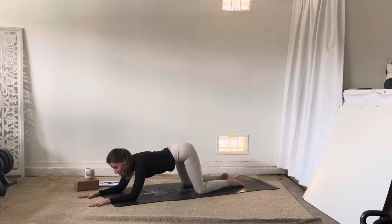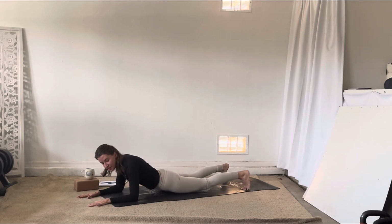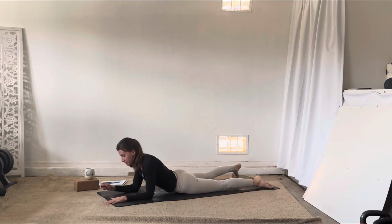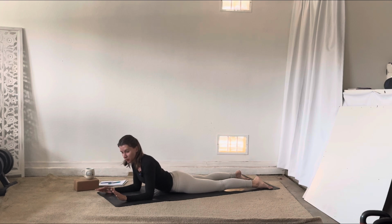Straightening through your legs, staying rooted through your forearms. Tuck the toes, lift the knees up, send them back, and find yourself in a Sphinx pose. Toes are untucked. Press the tops of the feet down into the floor. Elbows below your shoulders. Draw the elbows back energetically, pulling your chest forward, pressing your pubic bone down into the